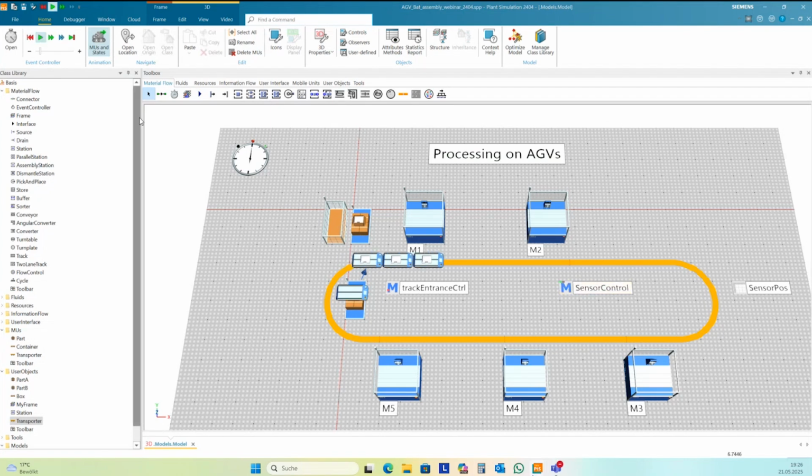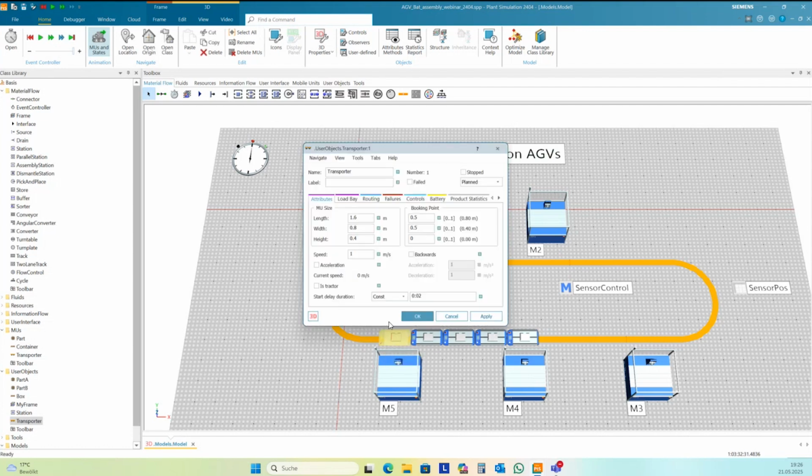So the first is coming. Now the time is running, and when the processing time is over, this HEV goes to the next station, and so on. And now run it fast, and then they stop.